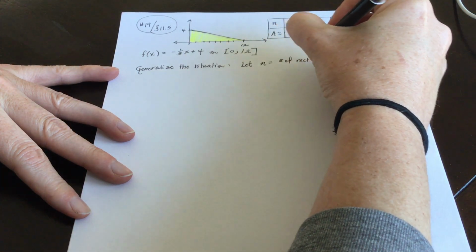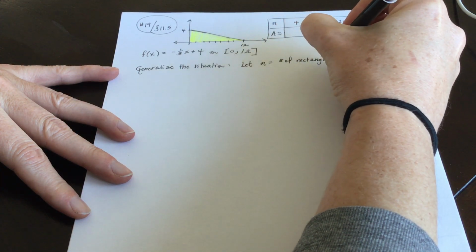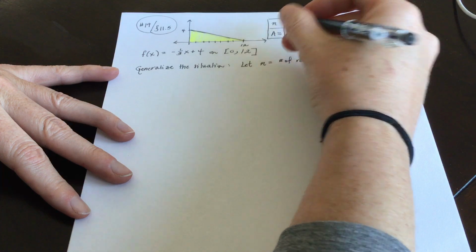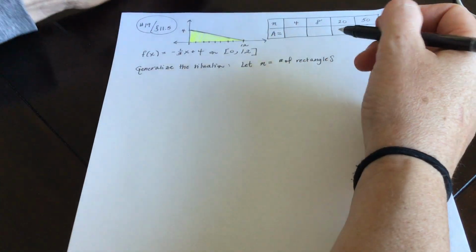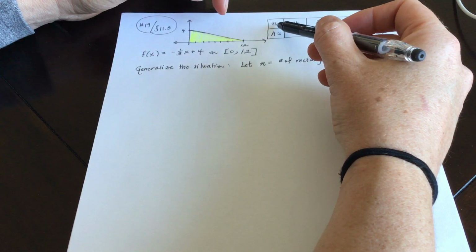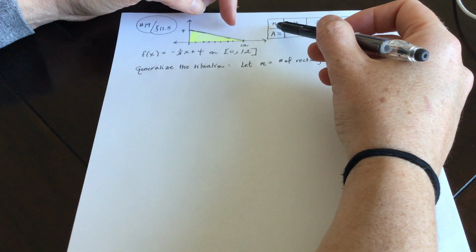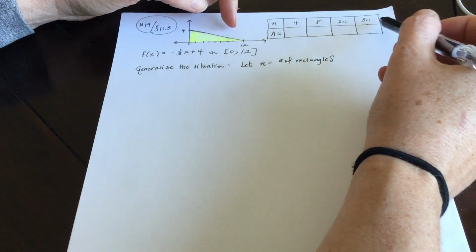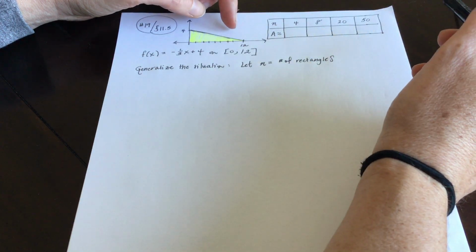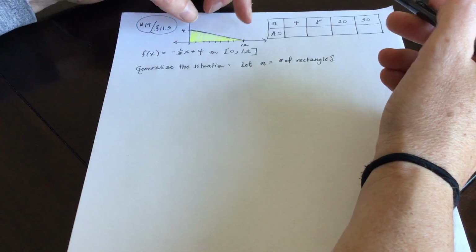And it is kind of redundant for me to write this again, because if you look at the table, that is what they're saying n is in the first place. But if n is the number of rectangles and you just leave it variable like that, then when we're all done, we'll get a little formula, and then you can just pop in 4, 8, 20, and 50, and boom, have it. So if n is the number of rectangles,